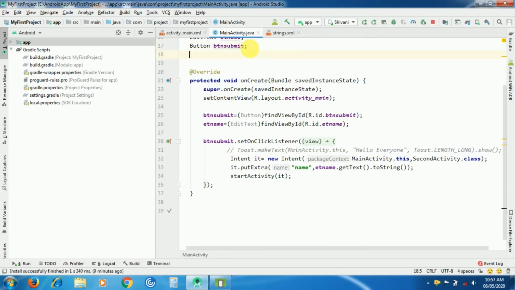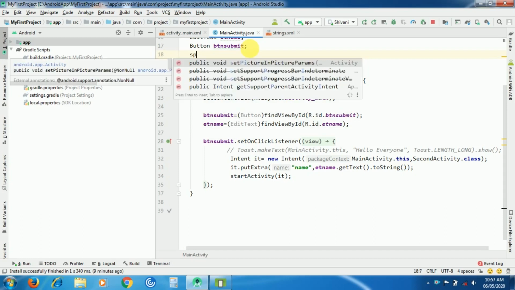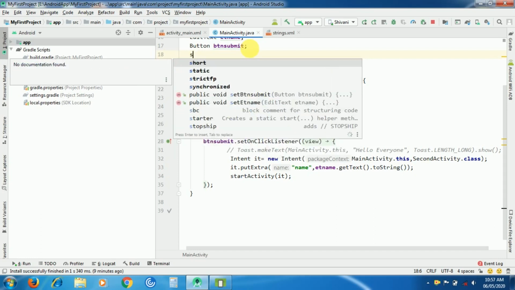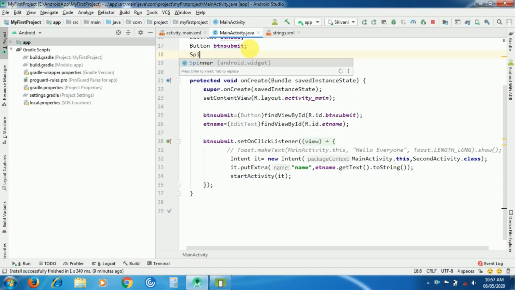So I will create one object for spinner here, and I will give the same name to this object as in the XML file. In the XML file, I have given the name as sp_course. I have given the same name here.